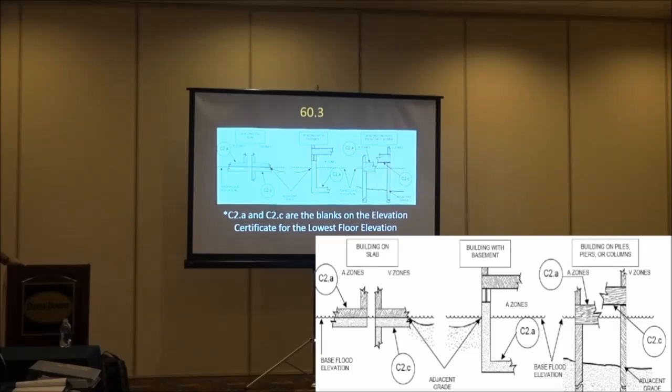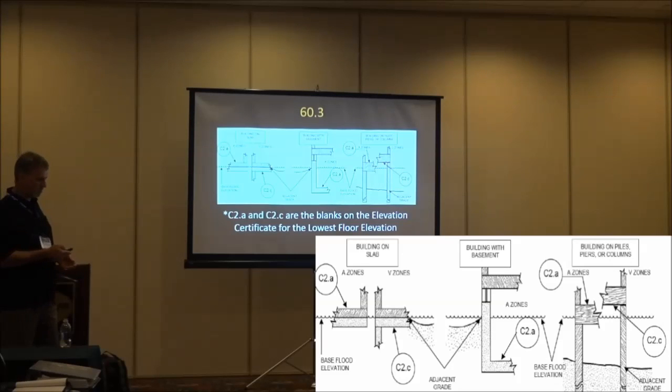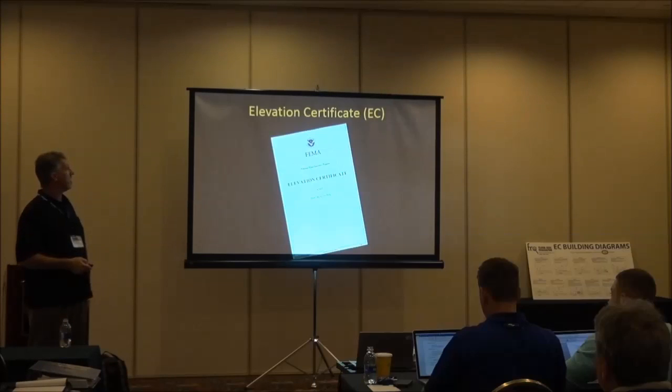And then here's my building with a basement in an A zone. And then finally a building on piles, piers, and columns. This is what we identify as our lowest horizontal structural member. Is this the finished floor? No, probably not. The finished floor may be up here. But for my measurement, I want the lowest horizontal structural member. And we'll talk a little bit more about that. I just wanted to